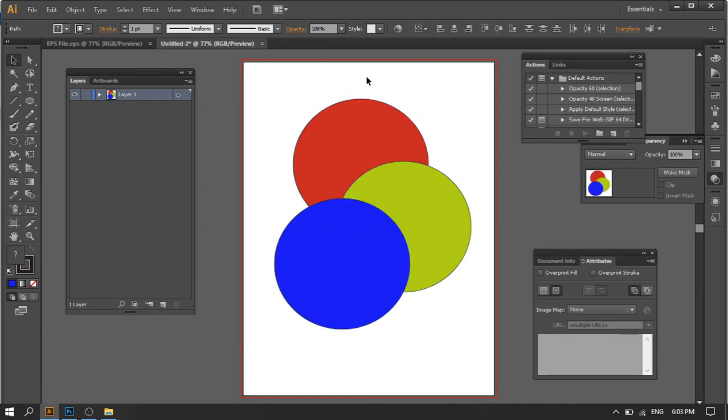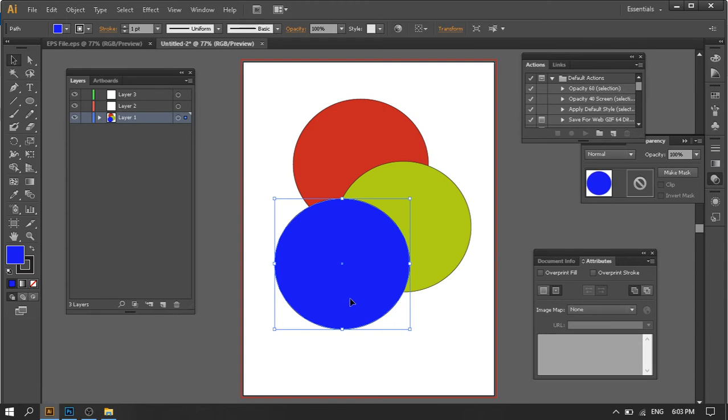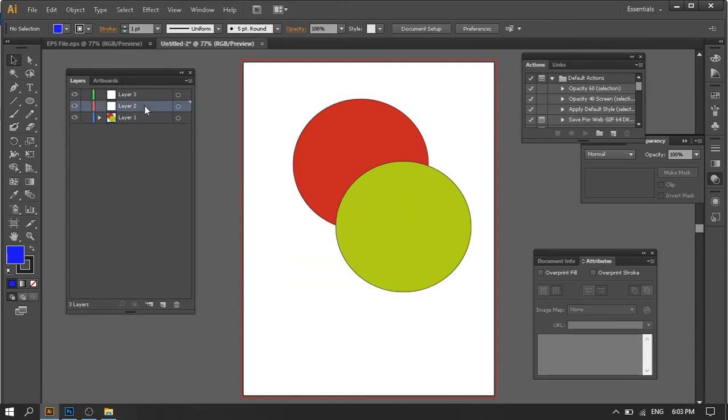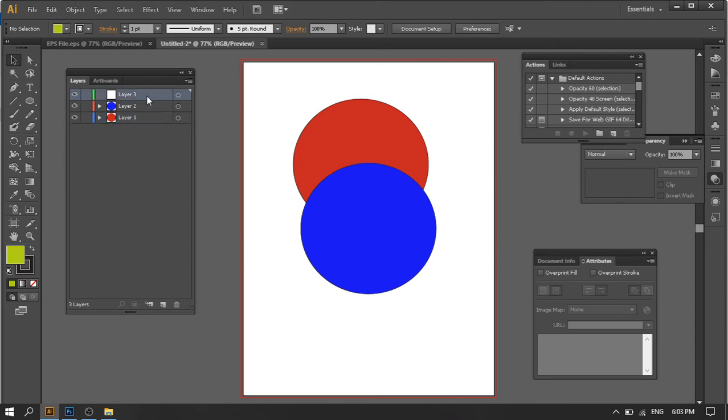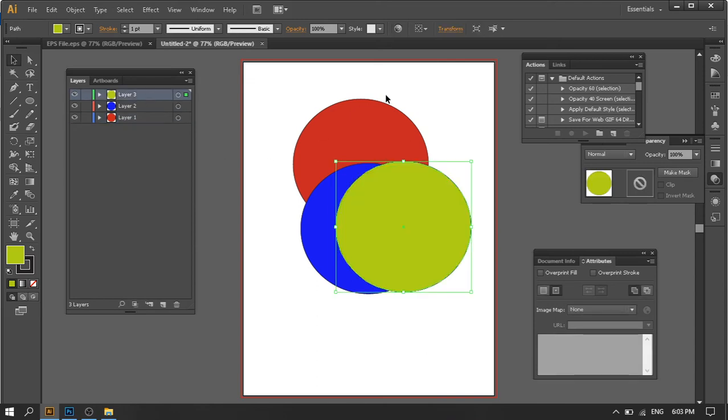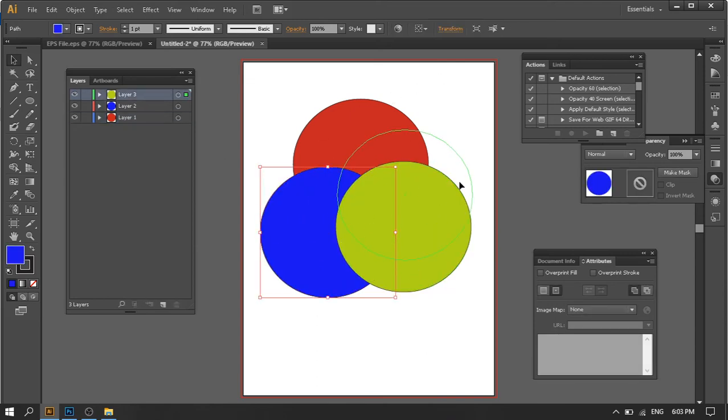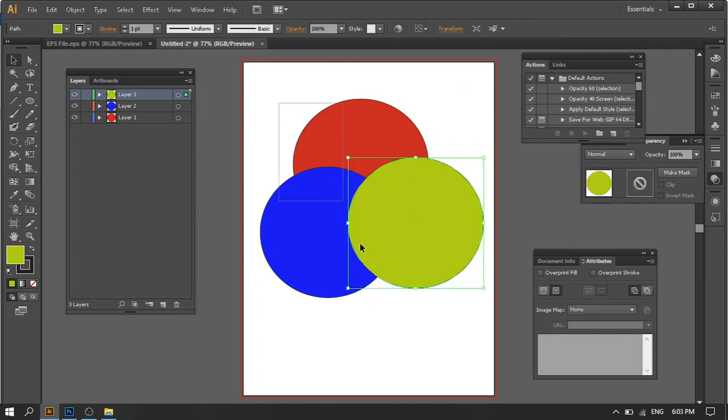What I need is all of these sections in different layers. So what I can do is create different layers here. Control X, Control V, and Control X, Control V, or Control F to paste in the same place. So now I have these three objects in different layers.